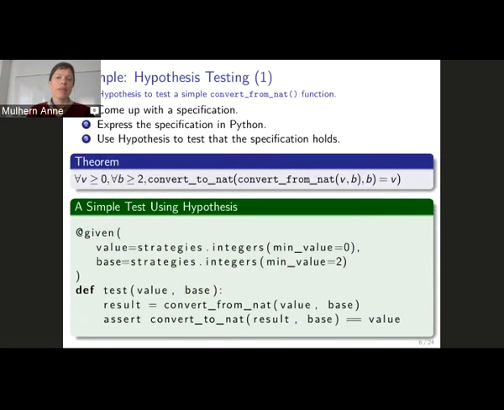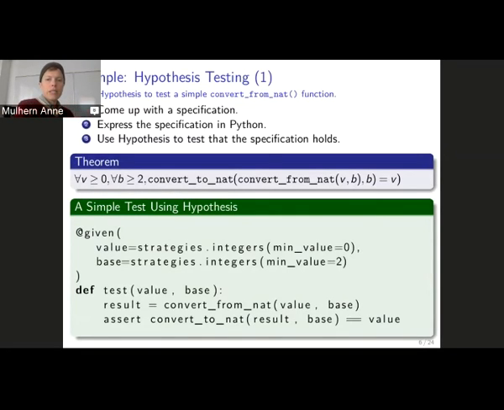But now hypothesis testing can be better. And so here I'm going to talk about how I go about writing a hypothesis test. First, I have to actually come up with a statement about what my function should do. What you see there is the theorem that I have up there, which is actually a mathematical theorem.